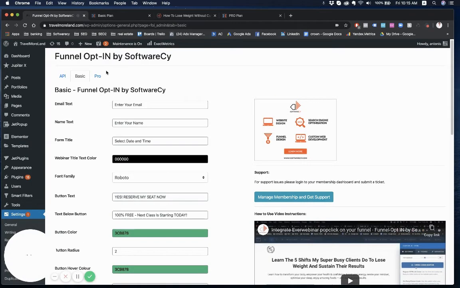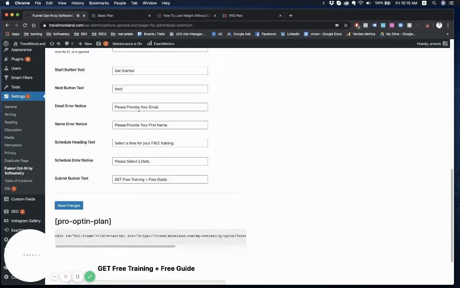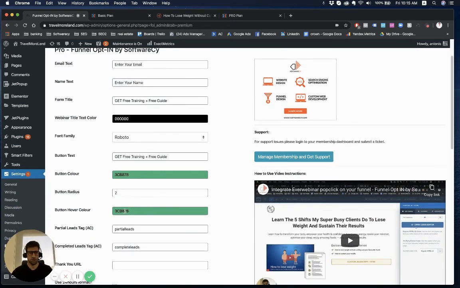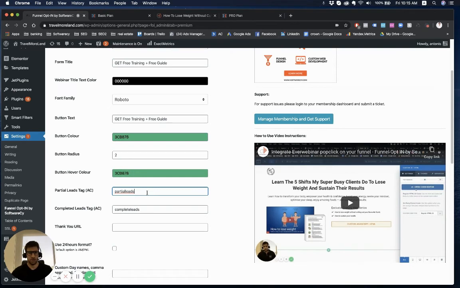Same applies for the Pro version. For the Pro version, let's go through the fields. Again, you can customize names, email, all the information, form, title, like the basic. But you have two more fields here. The Pro is collecting also partial leads. So